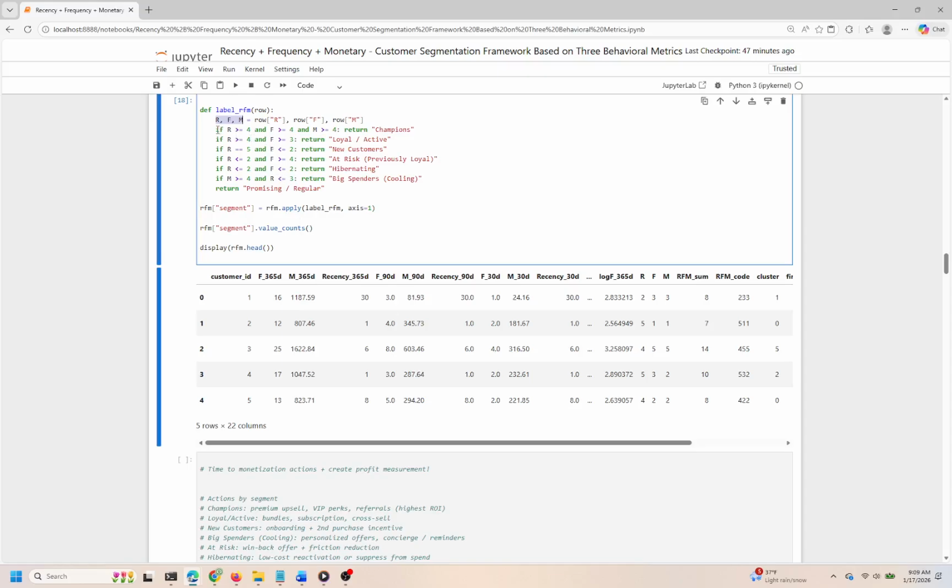For instance, if a customer has high scores in all three categories, 4 or more, they are labeled as champions, indicating they are valuable to the business. Alternatively, if a customer shows high recency but lower frequency and monetary values, they may be identified as new customers, which implies they are worth nurturing. In addition, there are specific classifications for customers at risk, those who are inactive, and even those spending a lot,